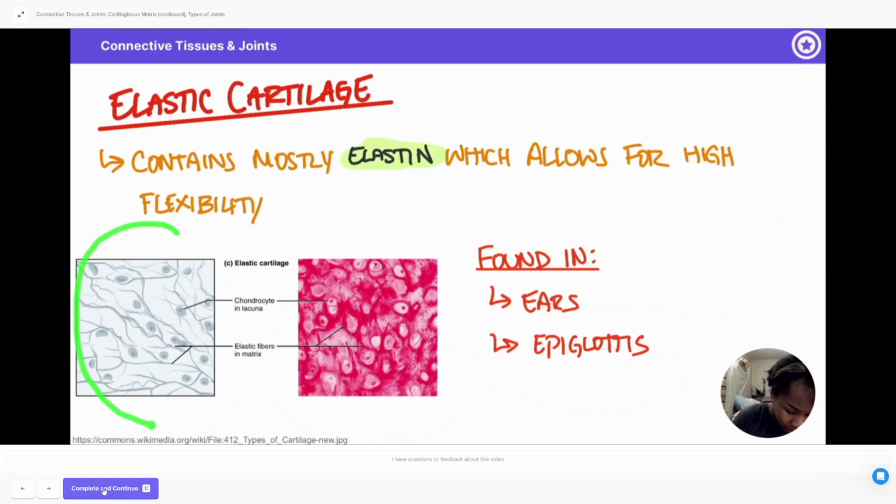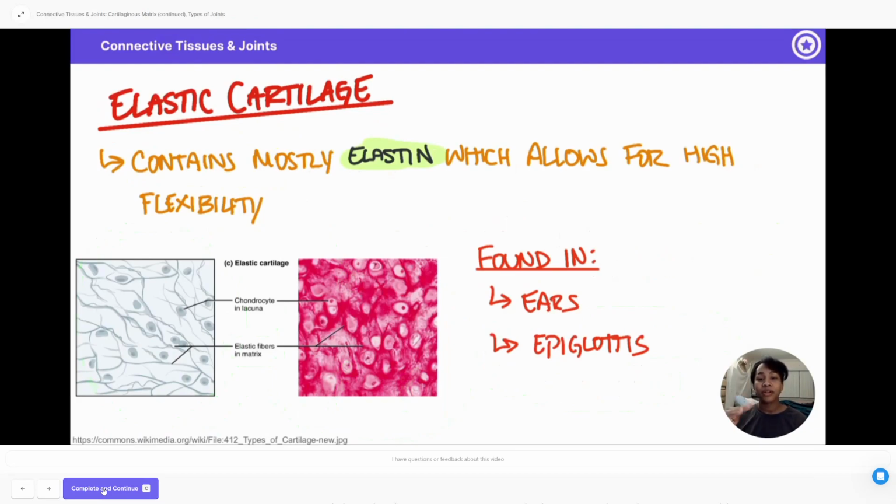We can see that in an artist's depiction of this, there's a lot of space like with hyaline cartilage, but we have the elastic fibers kind of weaving in within that matrix and making it very stretchy. It's a little harder to see in the picture, but you can kind of see these little wisps of the elastic fibers. And this is the cartilage that's actually found in your ear, and it's also found in the epiglottis,